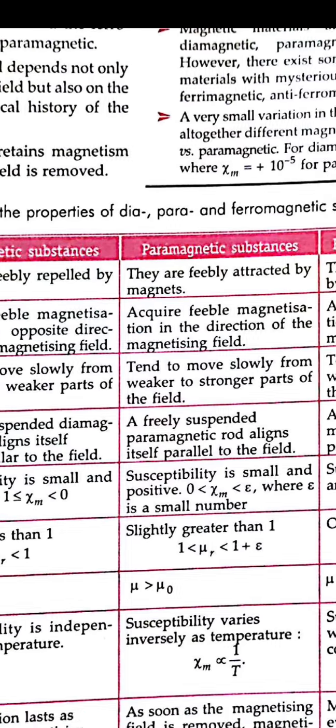These materials have their own values for the magnetizing field intensity and the magnetic field, right? The magnetizing field intensity is given by H, the magnetic induction, that is the magnetic field, is given by B, and the intensity of magnetization is given by I. To show how these materials get magnetized, we use a graph. Here we will be talking about a ferromagnetic material.